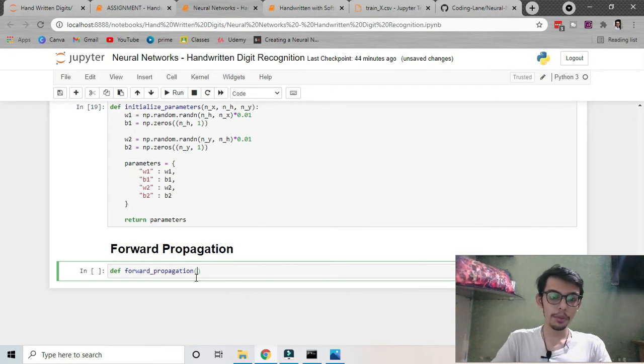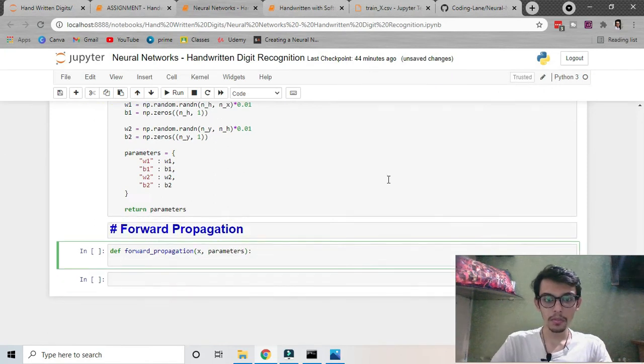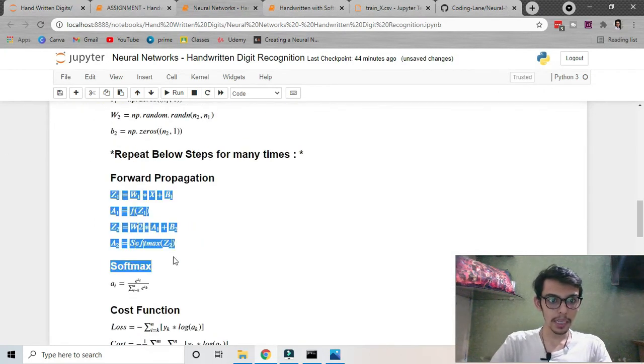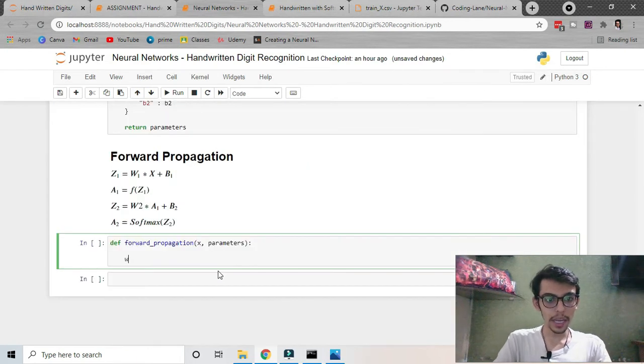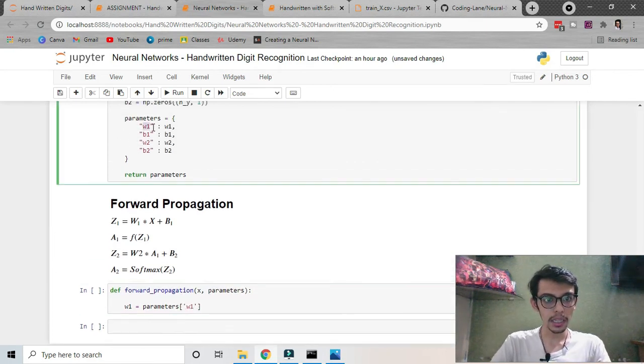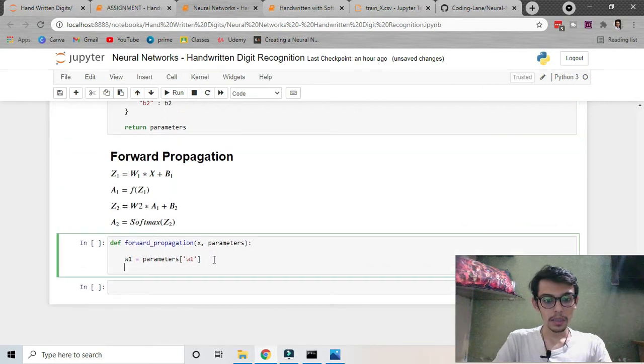So for forward propagation, we will need input x and the parameters that we got, and we need to just implement these equations, and we also need to extract our parameters from this parameters dictionary. So to do that, I will just write parameters and the name of our parameter, which will grab us this w1. Similarly for others,